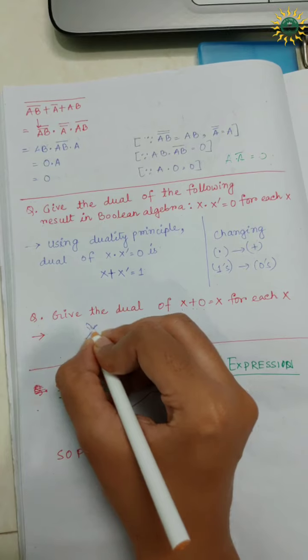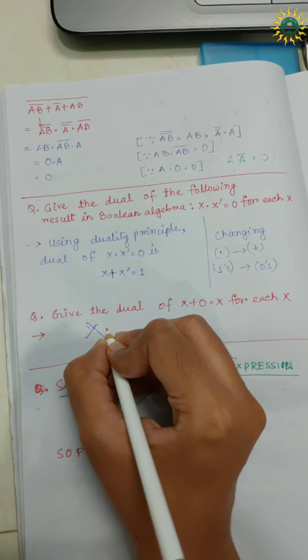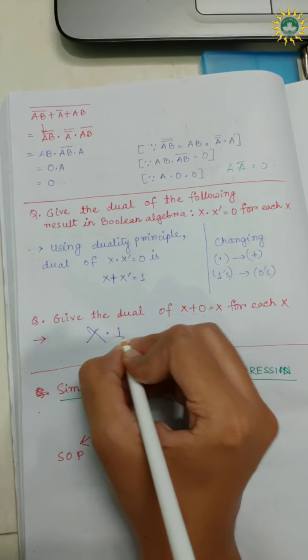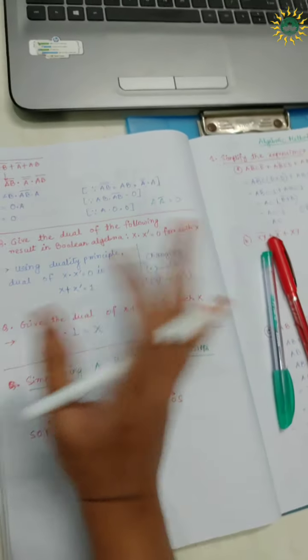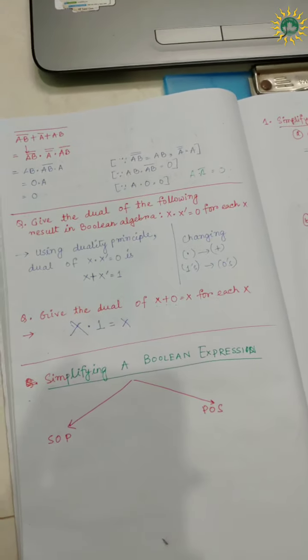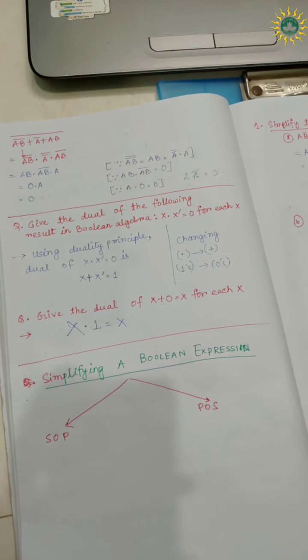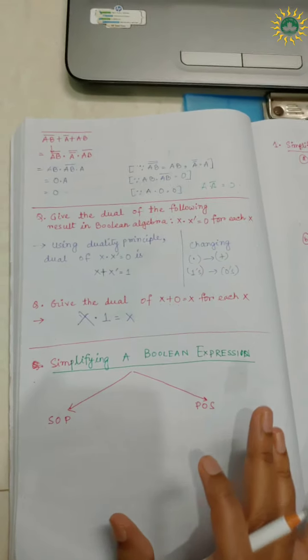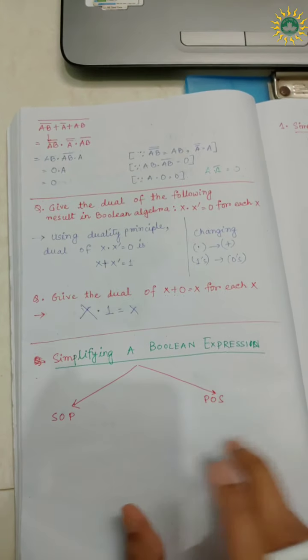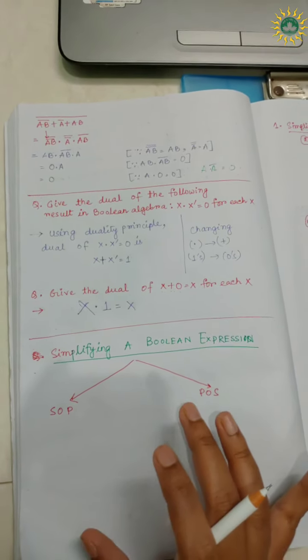So we can write x and, in place of dot 0, 1, which will give you x, and this is true. We have proved it last time. Okay, the dualing principle is very easy. I'll give you a question on this, whatever I am doing. You will do it one more time from the PDF to make sure that you have learnt it.